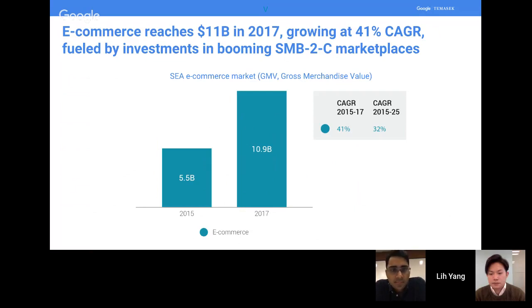Perfect. Thank you. So we see that the size of the e-commerce market has almost doubled. It was at $5.5 billion. This is the overall gross merchandise value that was generated from all the e-commerce players in the region, and that has almost doubled, growing at a very significant 40